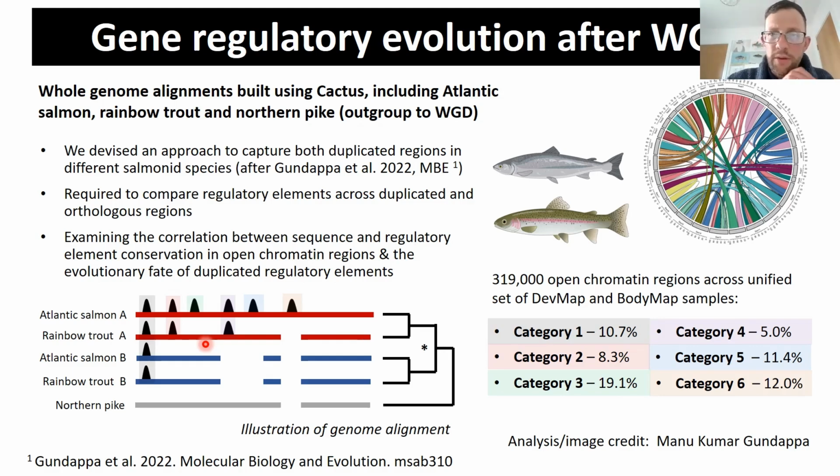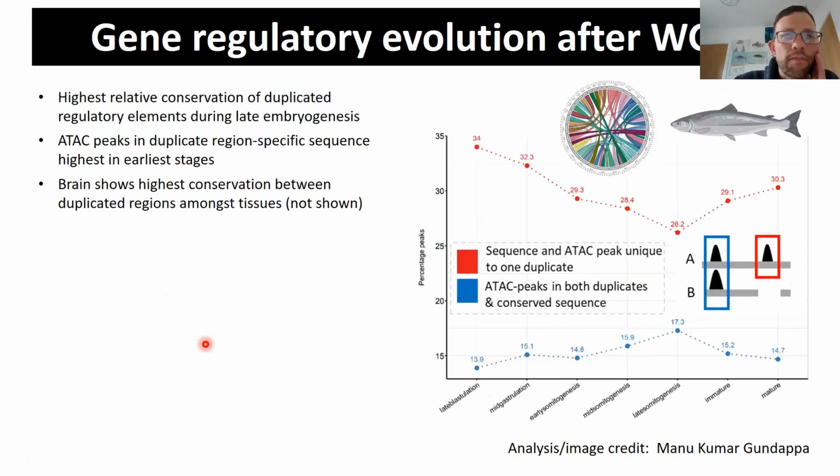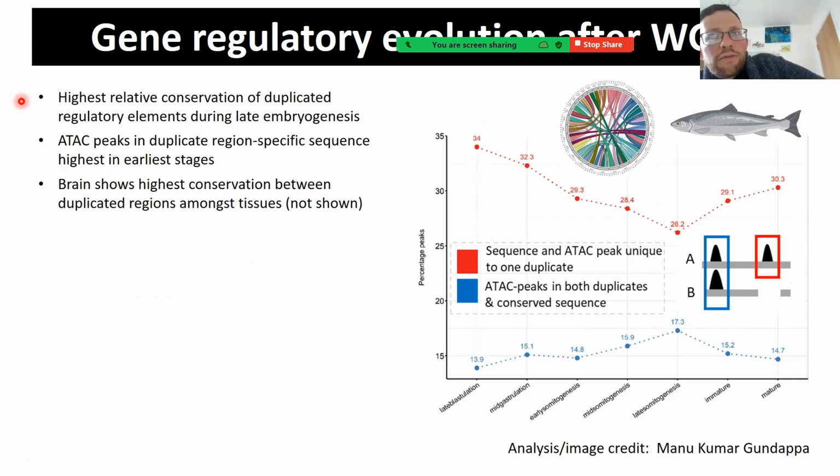And these are all things that we very much have planned for the near future. But I wanted to come back to the analysis I presented in terms of Diego's work, looking at the conservation of duplicated gene expression across the different samples. Manu, who's the guy who's been working on the regulatory elements, has recently attempted to perform a matched analysis using the regulatory element data. So this plot from the right shows two major categories of regulatory element activity